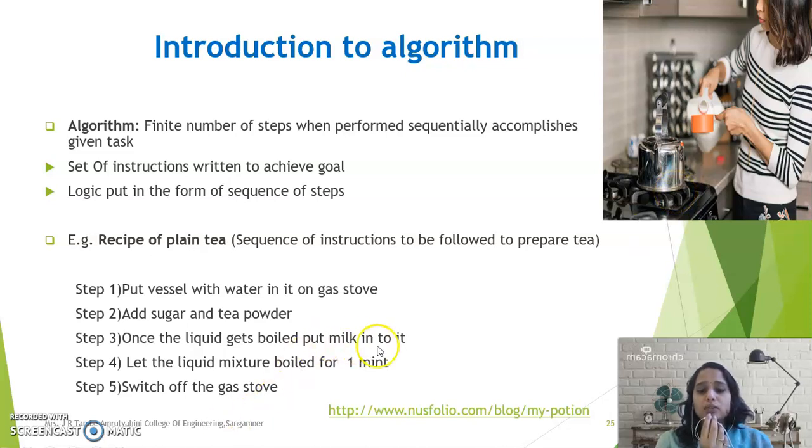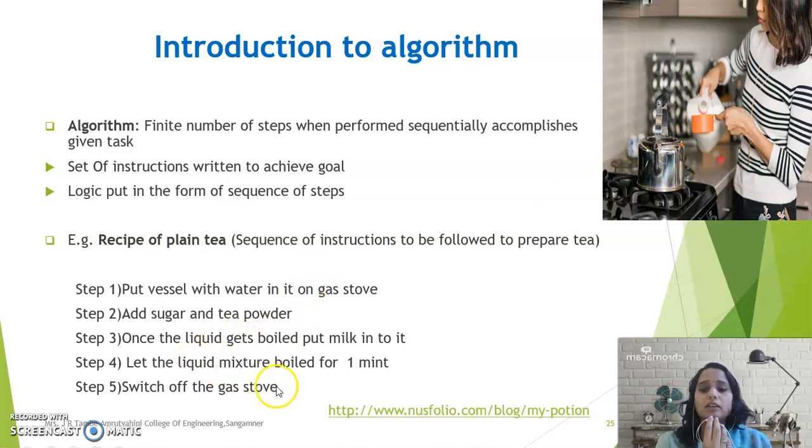Again, here it is not mentioned how much milk to put. So remember, here he has already filled this entire vessel with the water, so he doesn't have any space to add milk. So what will happen here? He has to take some water or some liquid out of this to make space to add milk. Okay, so he will get some space for the milk, and then milk will be added inside this particular vessel.